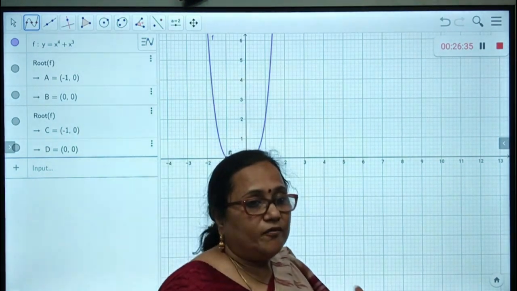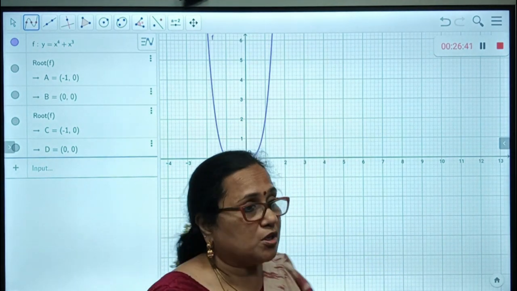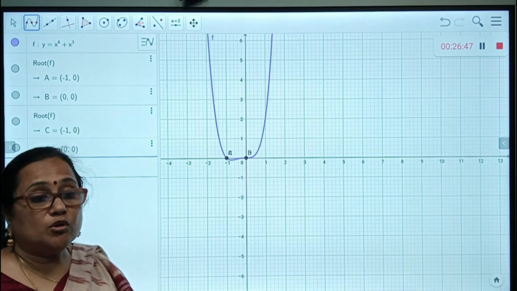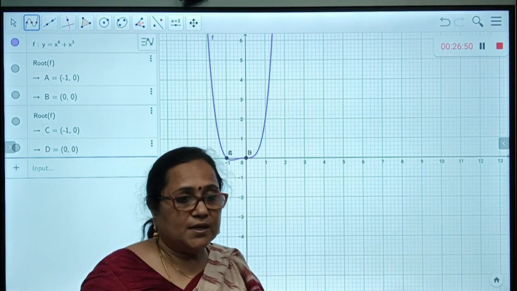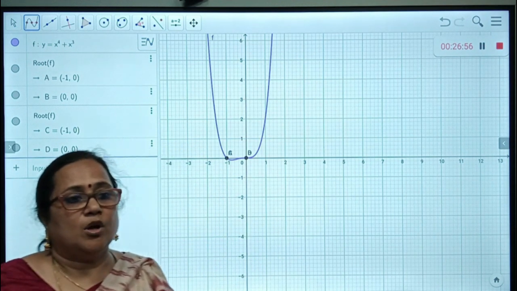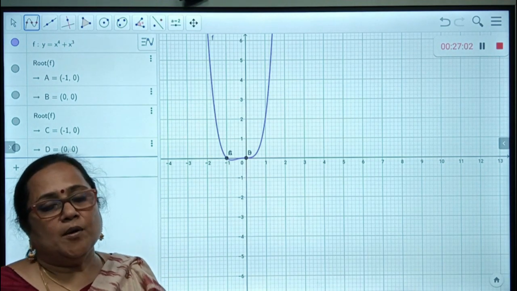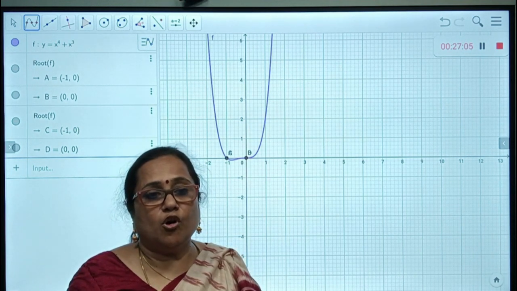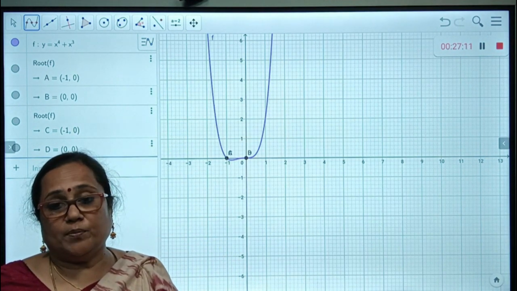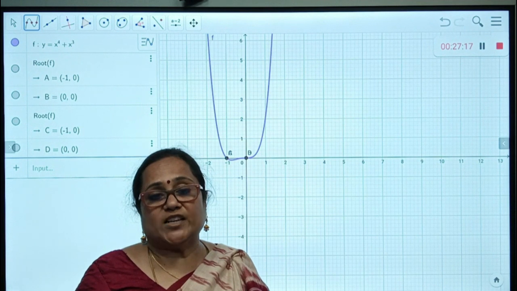So GeoGebra is a wonderful tool to explore different polynomials, because if you type the equation in the input box, it is possible for you to see the graph instantly. So I want you also to try, because when you study polynomials abstractly, you don't understand how they look or what they mean. But the moment you draw the graph, it explains so much about the polynomial. I want to explore more and more polynomials, and the relationship between the roots of a polynomial and the coefficients we will explore more in the next video.